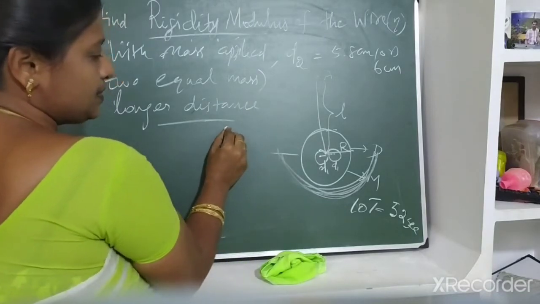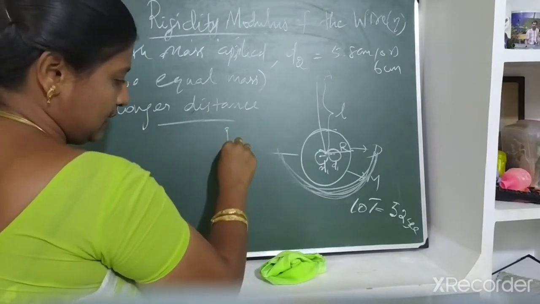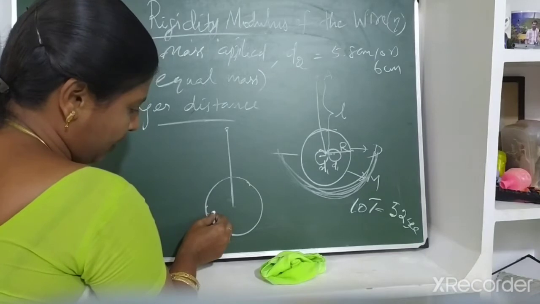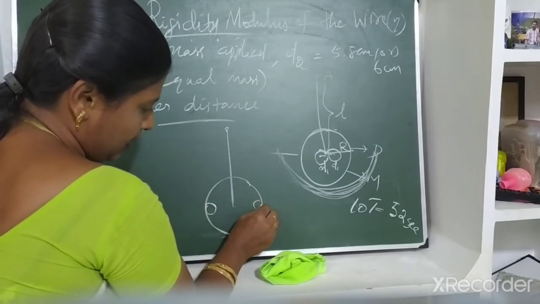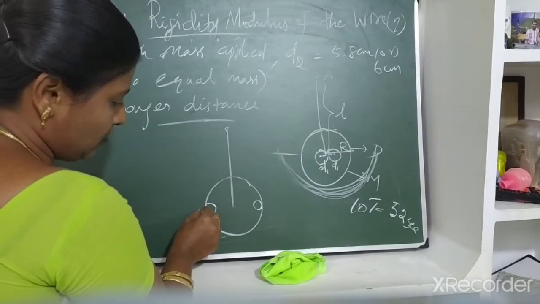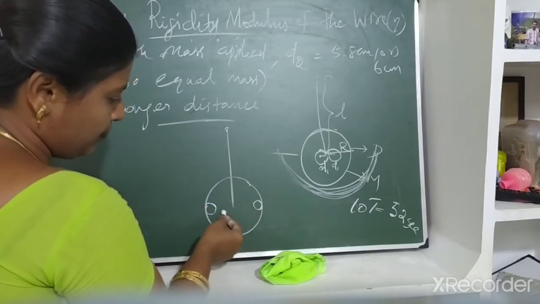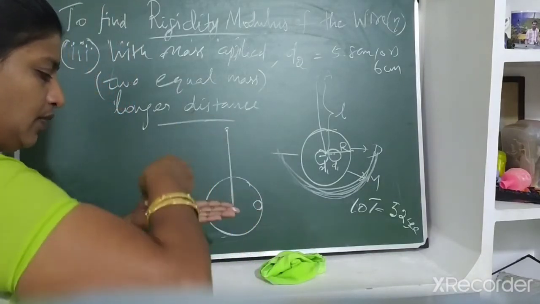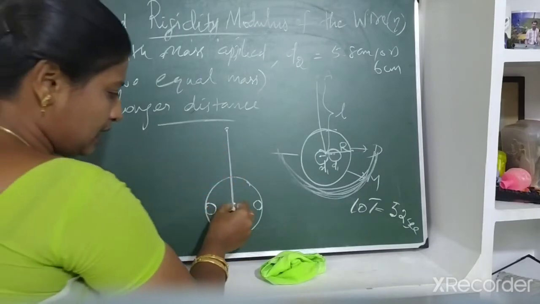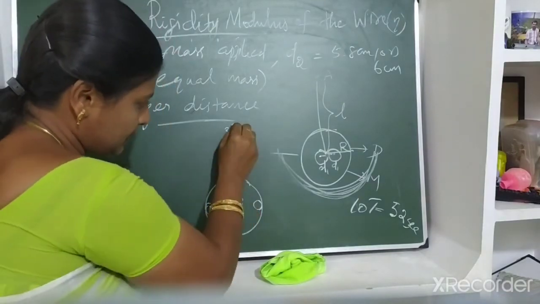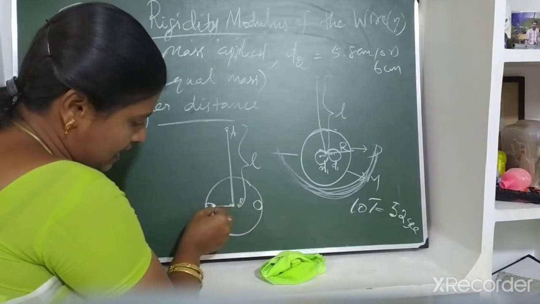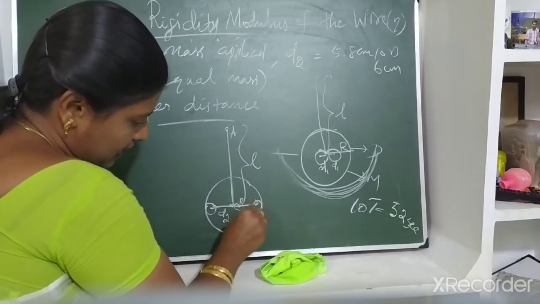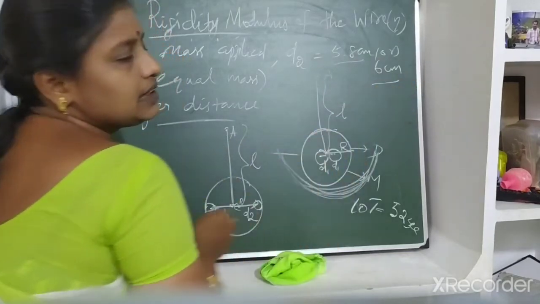For example, one end of the wire is fixed and the other end is free, moving with this circular metal disc. The left corner and right corner touch the metal disc corner. Both sides have 2 equal masses fixed on the top surface, 50 gram mass each. This is the center point of the axis. The distance from the axis to the mass center is D2, which is 5.8 or 6 centimeter.